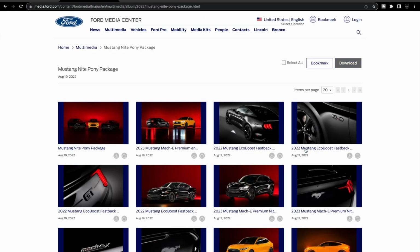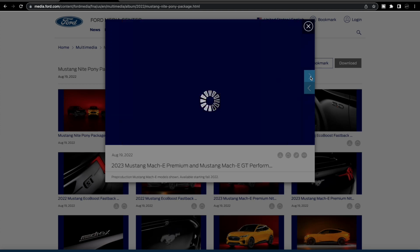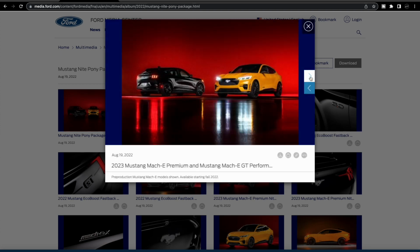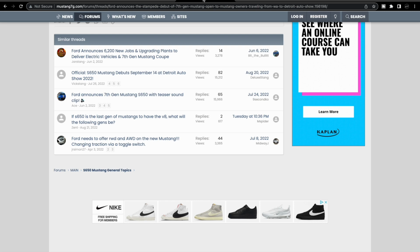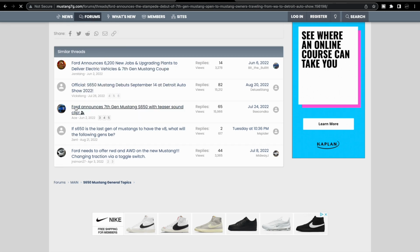Real quick, let's go over here and look at the 2022. So this is the Night Pony package. This is just an appearance package. One thing I wanted to mention, though, this pertains to the 2024 Mustang. Okay, look at the headlights. And then let's go over here to Mustang 7G. And then let's look at...